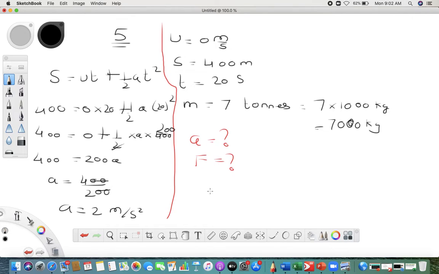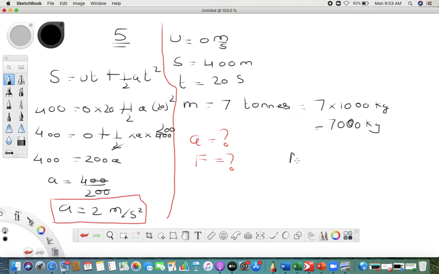Two 2s are 4. Now once we get A, make sure you put a box here. Whenever you get your answer, you put a box so that a teacher can understand very quickly. And whenever you put a box, make sure you put a box with pencil only. This is all presentation you have to learn.